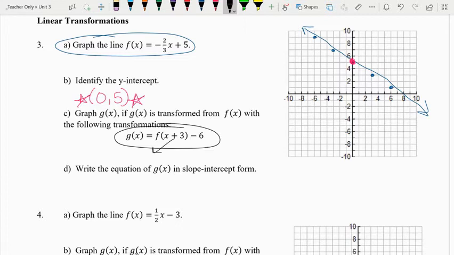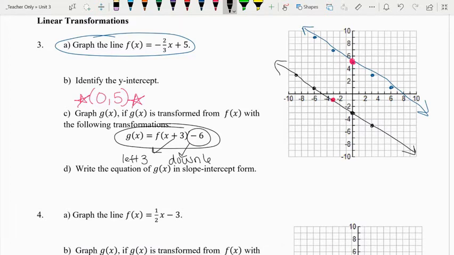So the plus 3 means left 3, and the minus 6 means down 6, right? So I'm going to take that specific point and I'm going to move left 3 and down 6, which is right here. Now it said nothing about slope, so we're going to go ahead and graph that equation now. So my slope is the same. Down 2, right 3, down 2, right 3, up 2, left 3, up 2, left 3. And there is my next